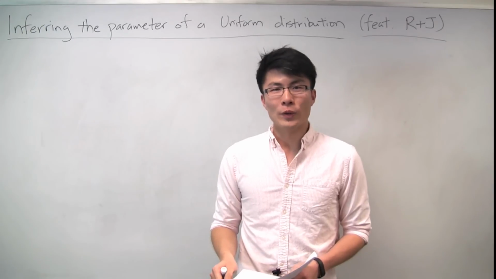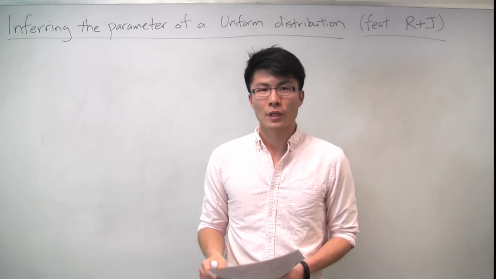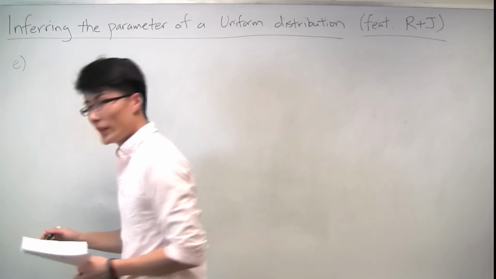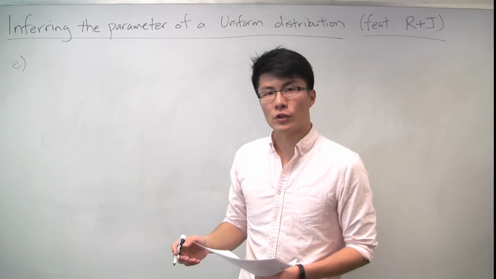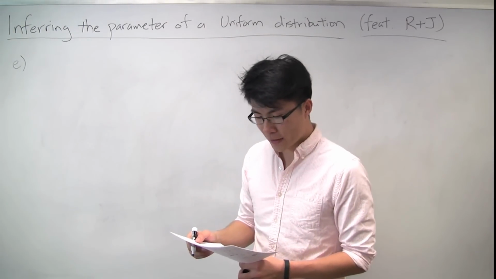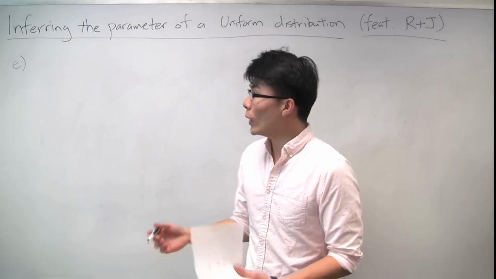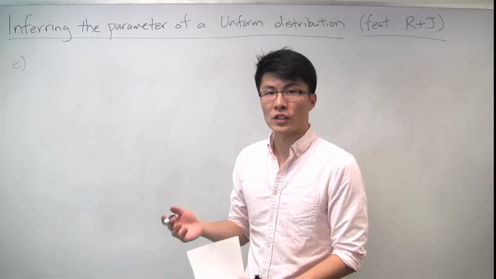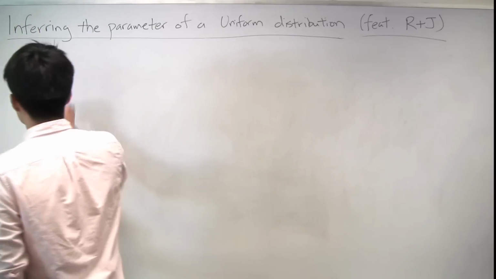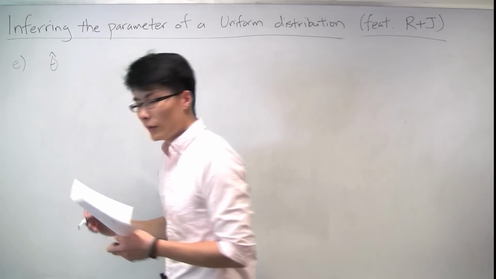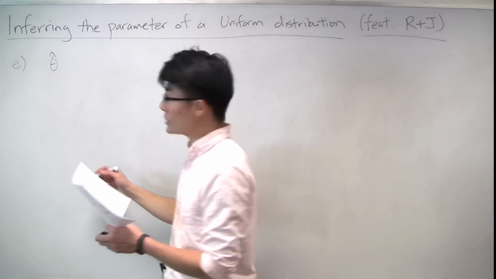So now we're going to finish the rest of this problem. For part E, we've calculated what the MAP and LMS estimators are. And now we're going to calculate the conditional mean squared error. So it's a way to measure how good these estimators are. So let's start out generically. For any estimator theta hat, the conditional MSE is